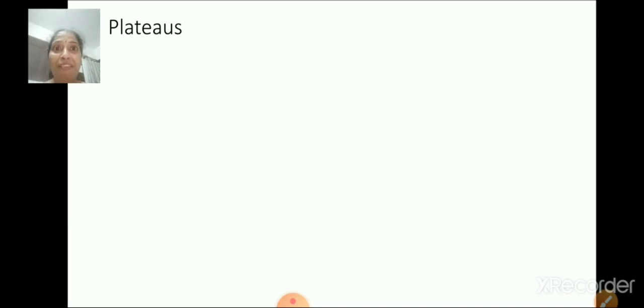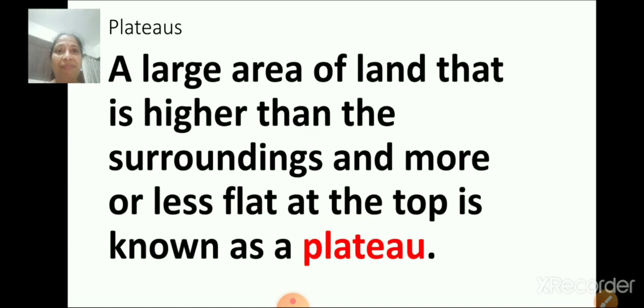Now we will see the definition. Yes, a large area of land that is higher than the surroundings and more or less flat at the top is known as a plateau.